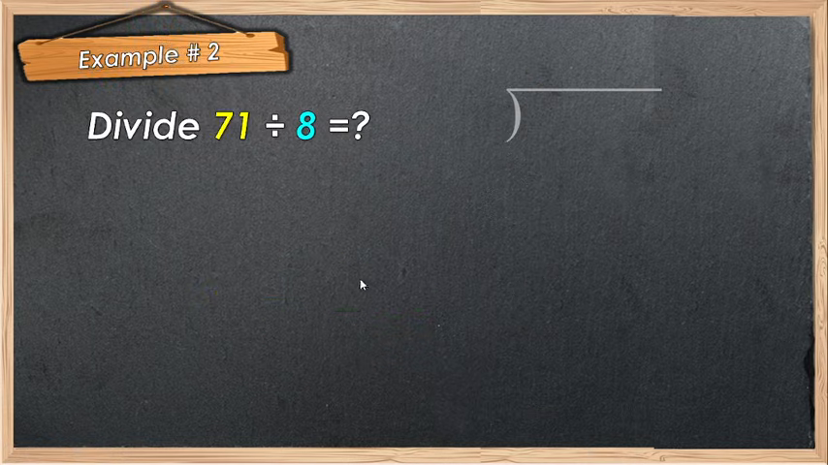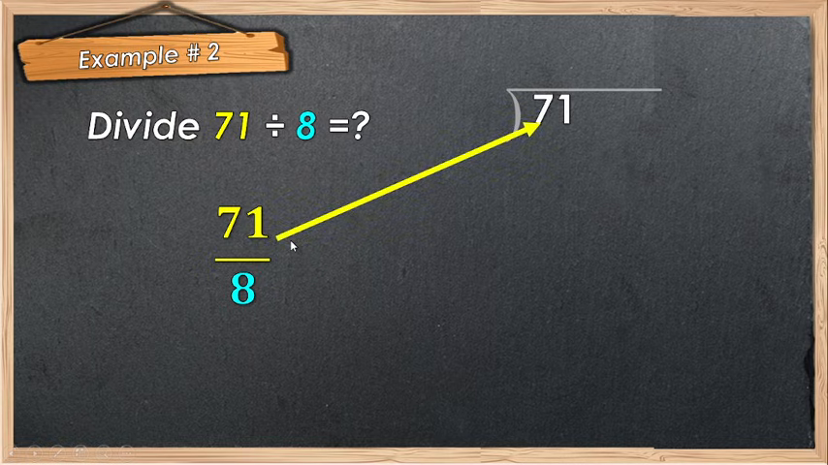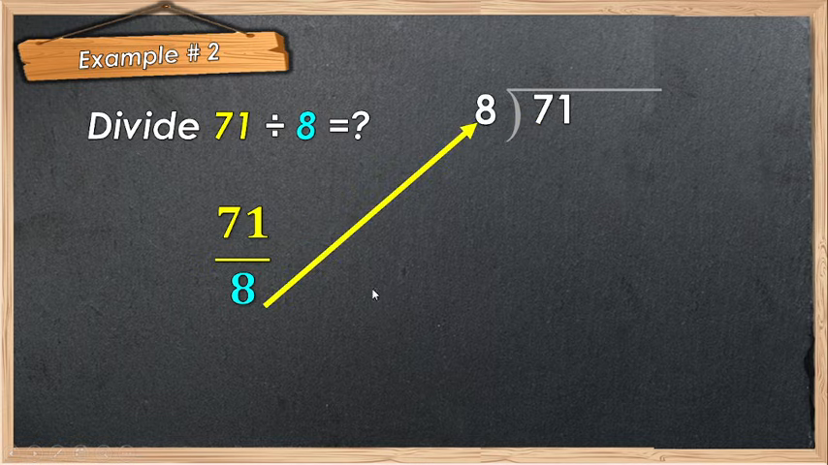Next, number 2. We have 71 divided by 8. Again, let's represent 71 divided by 8 by rewriting it in a fractional form to easily understand who is inside the long division bar or outside the long division bar. So 71 is inside the long division bar. 8 is outside the long division bar. Let's divide. 7 divided by 8 cannot be, so therefore we need to